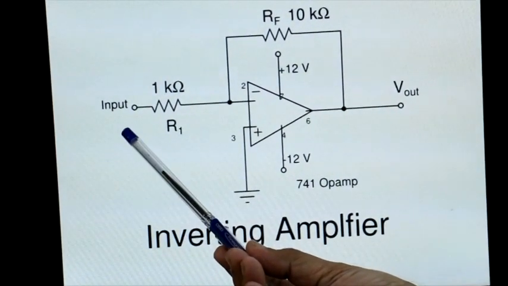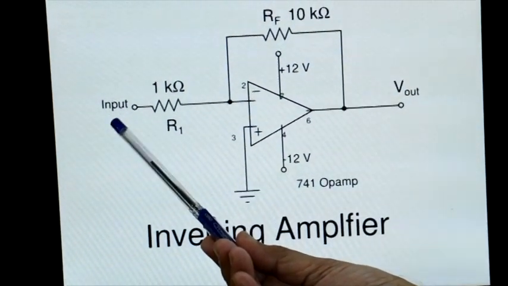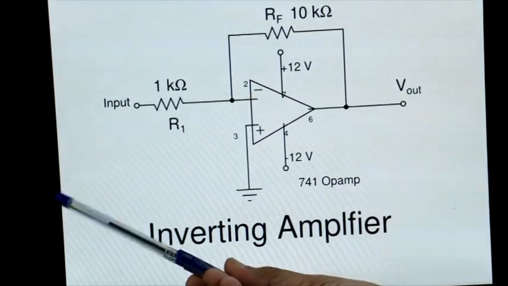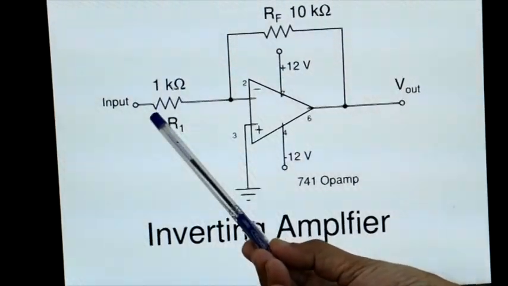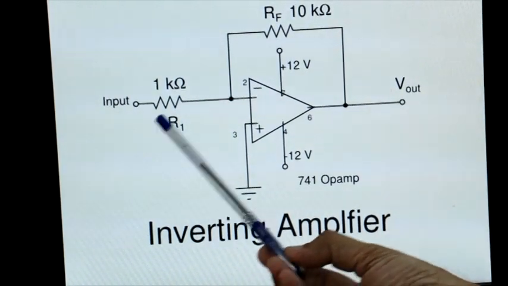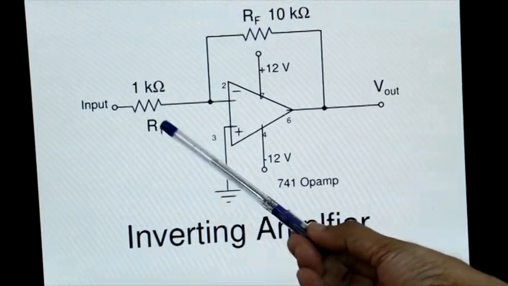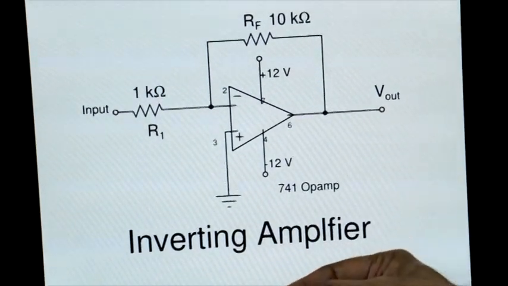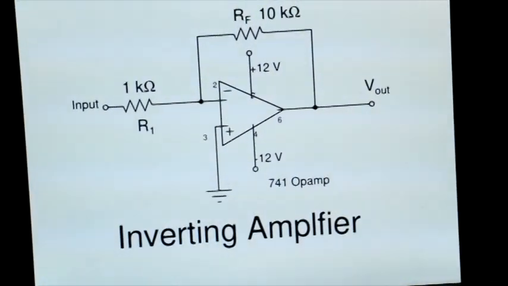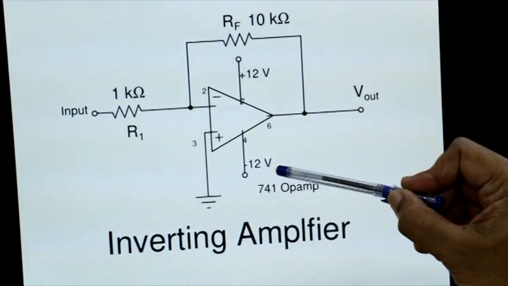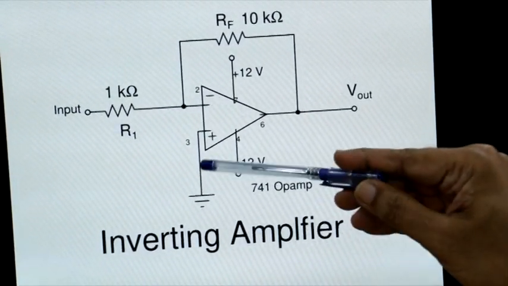Another way of looking at it is, how do you define input resistance? When you connect a source, you see how much current is taken from the source. In this particular case, one end of R1 is connected to the source, which is the function generator, and the other end is at ground potential. So we'll see that this R1 is essentially the input resistance. In this case, the input resistance is 1K, which is the resistance offered by this amplifier to the source. This unfortunately is very low.